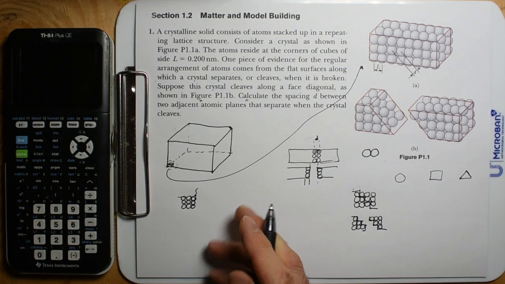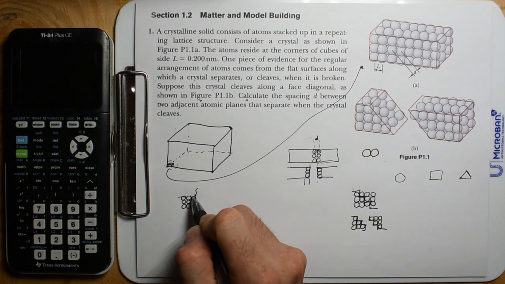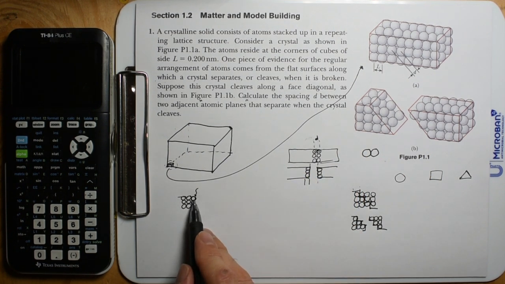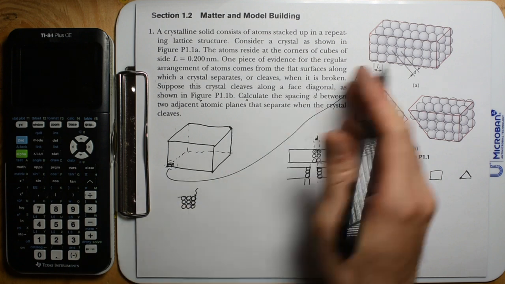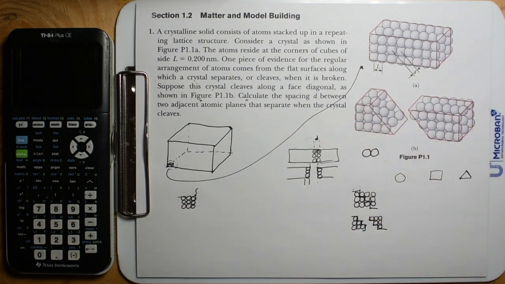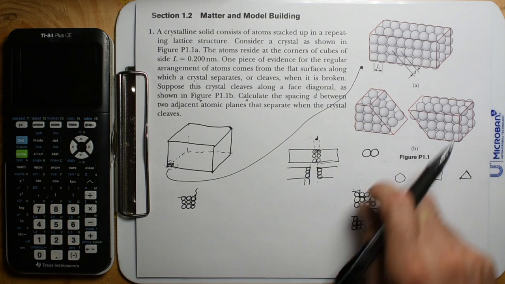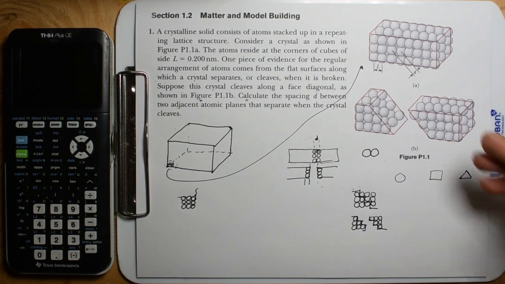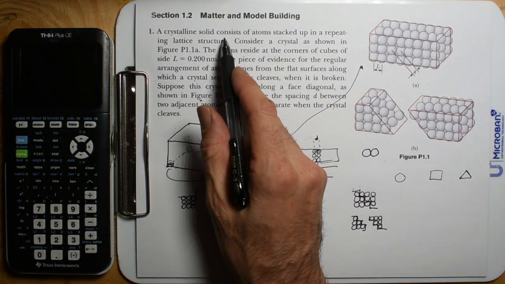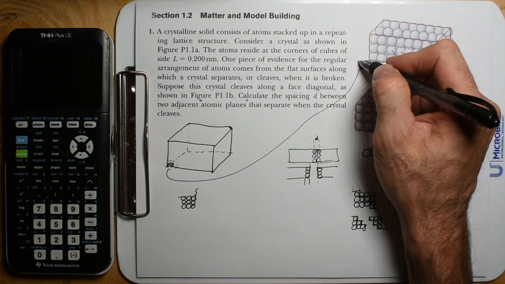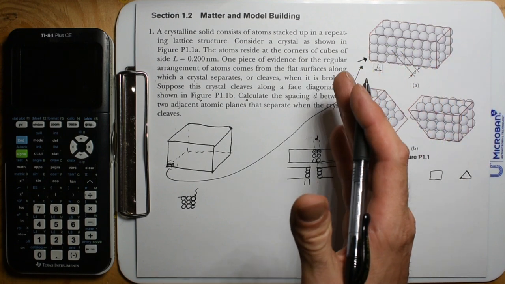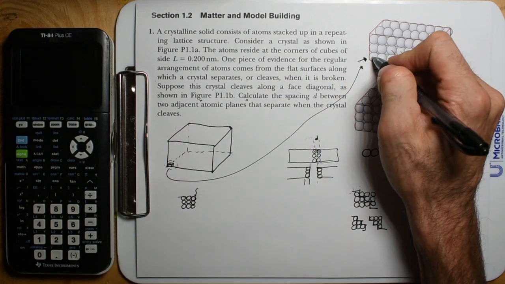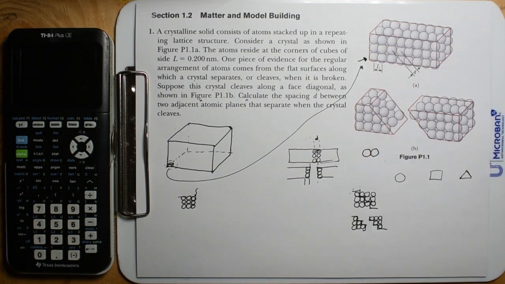And these are atoms. What I'm getting at is the take-home point that you can't break up these molecules. Or, well, let's just say they're individual atoms. Let's say it's like a salt crystal. Well, that's NaCl. Damn it. No, we're good. Because in the picture it says these are atoms stacked up, and so this is a crystalline solid. It's not molecules together. These are just atoms. So whatever it is.